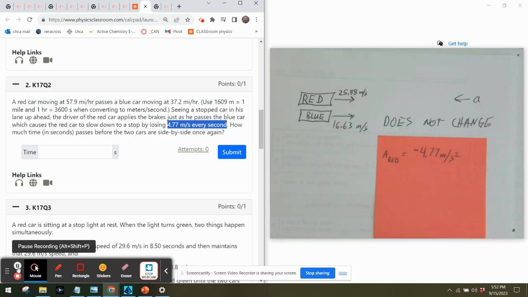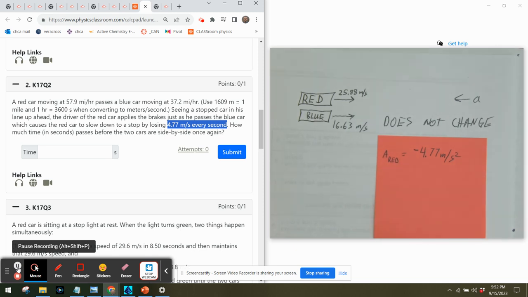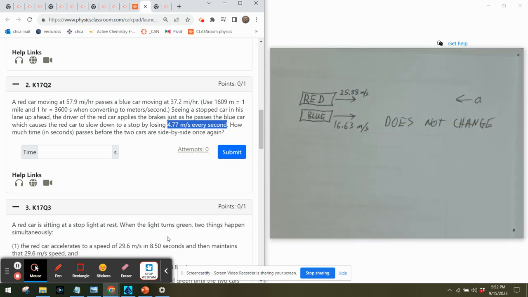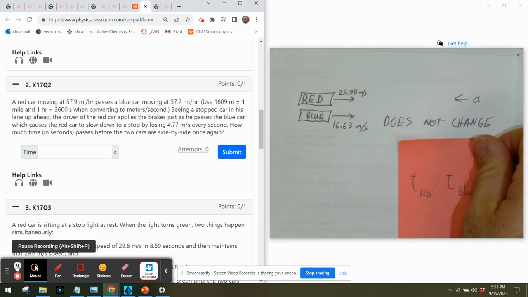So the tricky thing about this is you have two different things happening. At some point they are going to meet and there is a relationship when they come together. But how exactly do we solve that? And the starting point of this, and probably the most important thing, is we have to come to two conclusions,